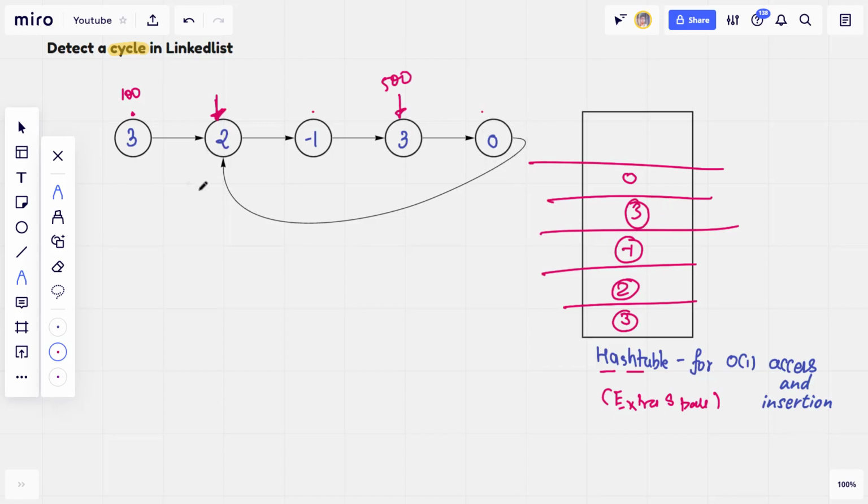This is interesting. This is the starting point of the loop, right? This is the starting point of the loop. So that's the idea of this algorithm. We start including the nodes, hoping that if there is a cycle, I'll eventually come back to the starting point, right? That's very obvious to see. Now when I try to insert this 2,